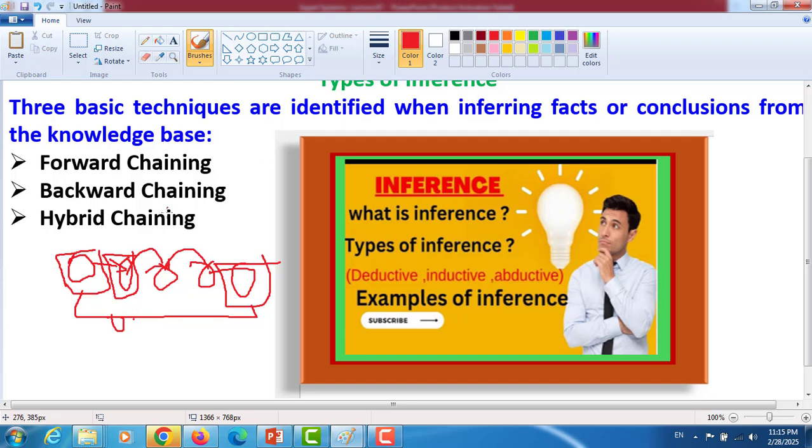Backward chaining is the opposite operation of forward chaining. Start from the goal and go backward until reaching the first node. During this journey, we keep the solutions and then select the optimal solution from them. The third type, hybrid chaining, is a mixed operation between the computer, or the system, and the expert.